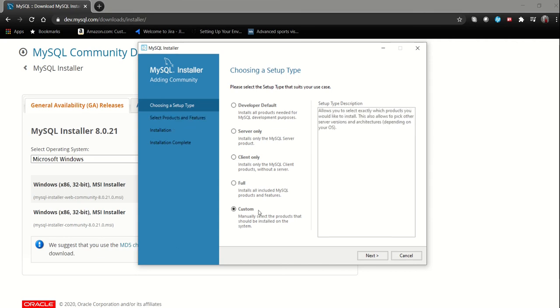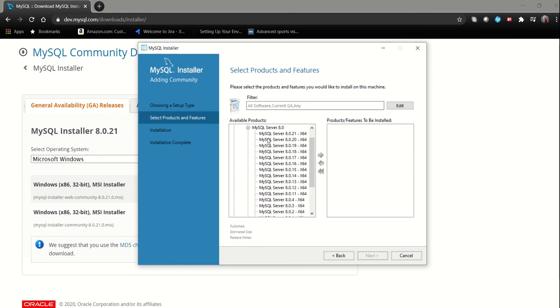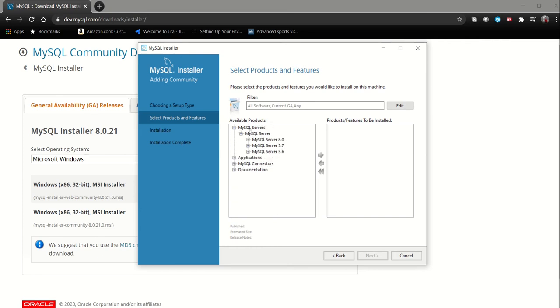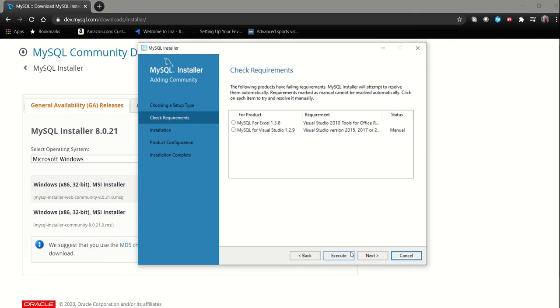And if you are a pro and an advanced user and you know what kind of softwares are used for which purpose, then you can select custom and go here and select what kind of servers and clients that you want to install on your machine. So I'll go back and I'll install full. I'll select full and click on next.